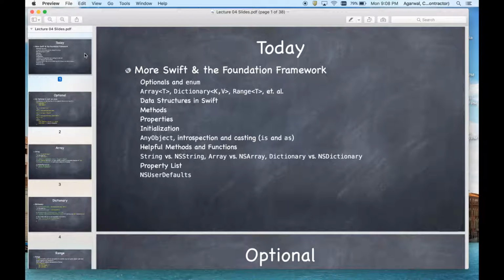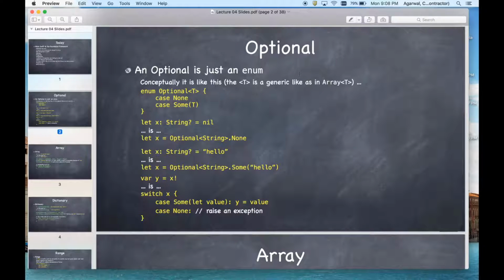Today we're gonna go over the basic data structures of Swift. So first of all is the enum. So it's actually of top type optional. What is optional? Optional in Swift is like you have a value or you do not have a value. So suppose you are trying to access a value that does not have a value inside it, your app will not crash. So let's make an example.